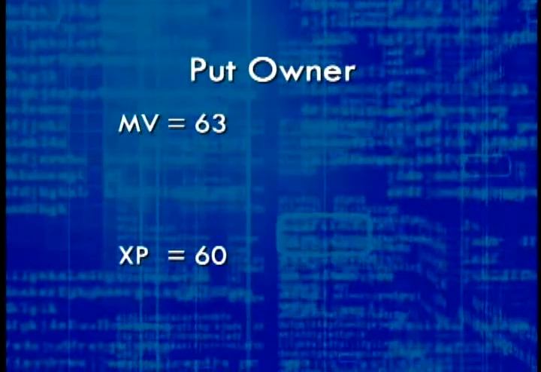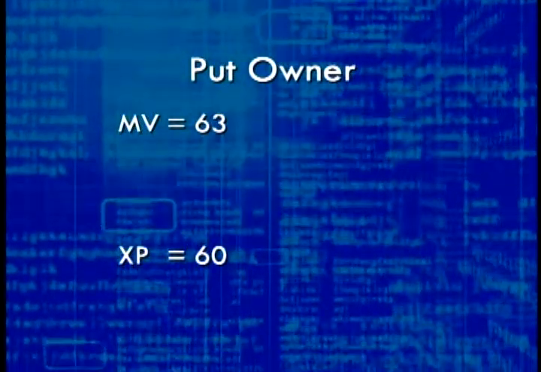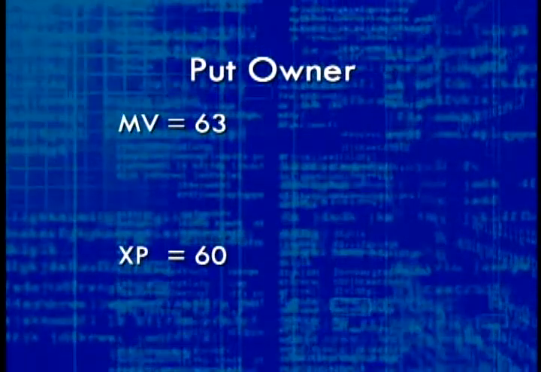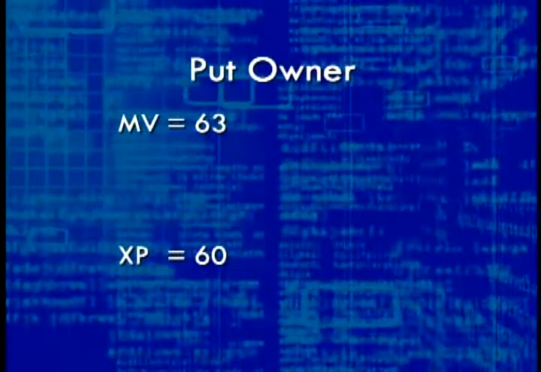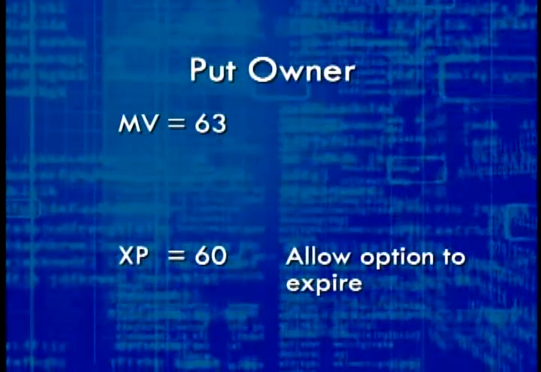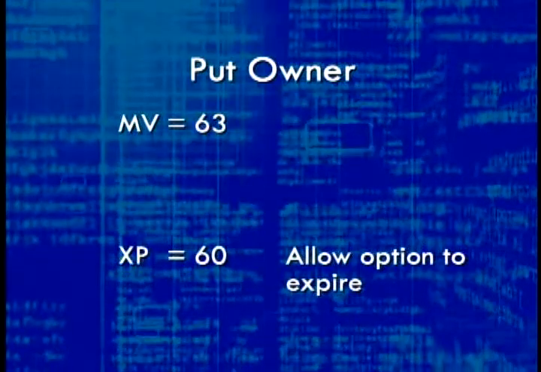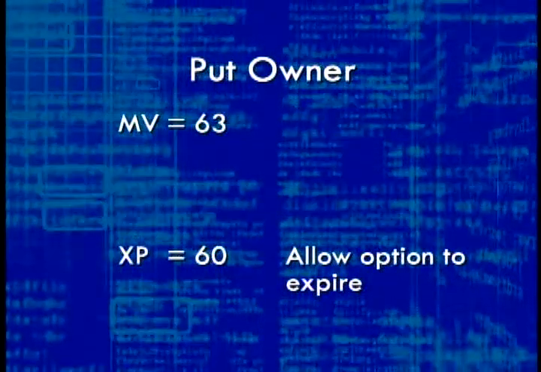It would also make no sense to go to the marketplace and buy the stock at 63, only to turn around and force the put writer to buy it at the contract price of 60. So this investor will not exercise the option. And again, if this continues through expiration, the option will expire worthless. So it would seem in this situation, using this example and seeing what would happen, the put owner actually wants the stock to fall. In that situation, they'd be able to buy the stock cheaply in the open market